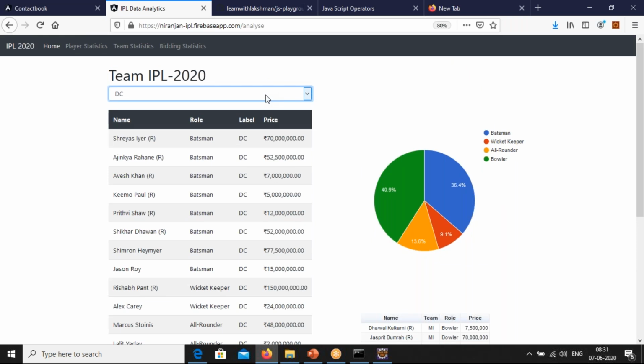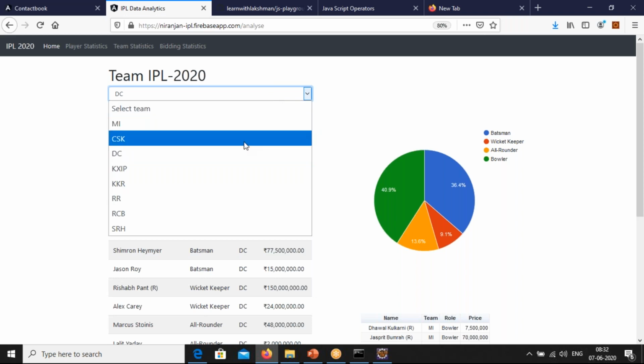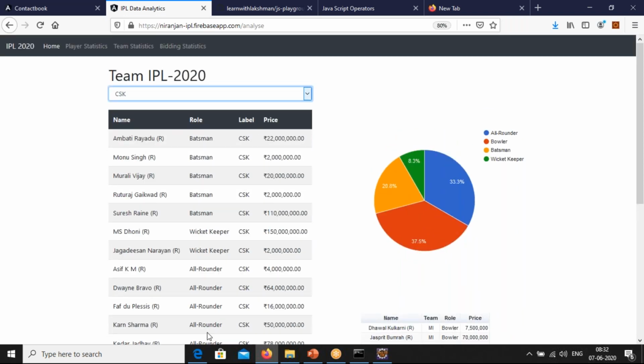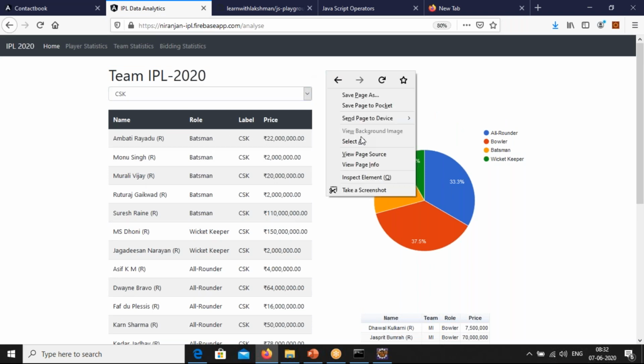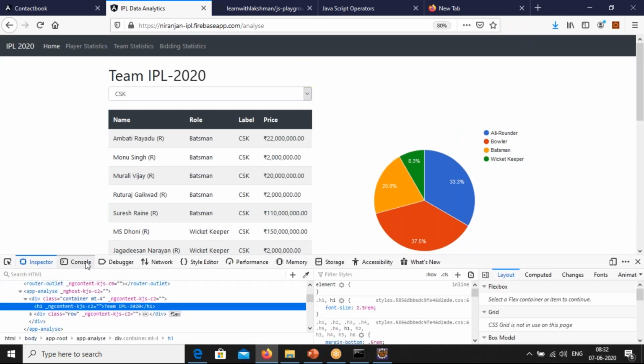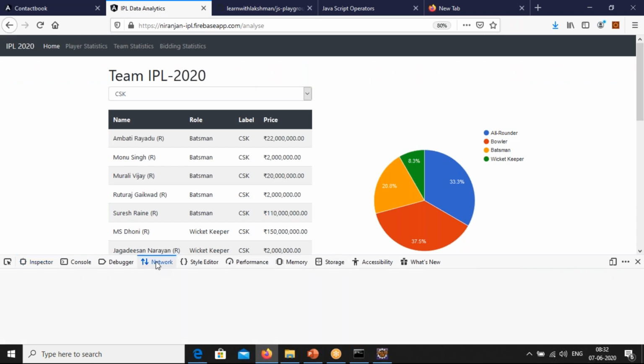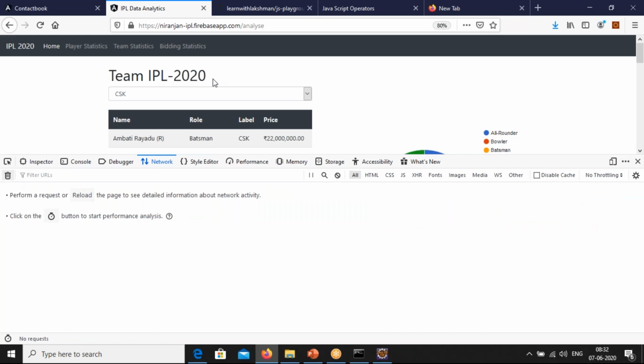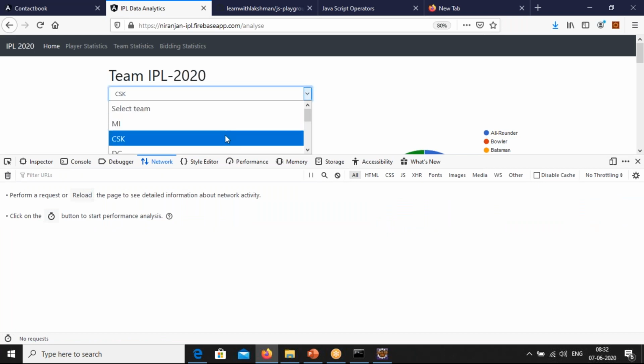So you are getting all the team names from the database by calling an API. Whenever I click on a team, I pass one parameter, and based on that click, I load the particular team's player details. This is another API. You can see that in the network environment. Let me show you the simple things. I'm going to change this. I'm selecting.